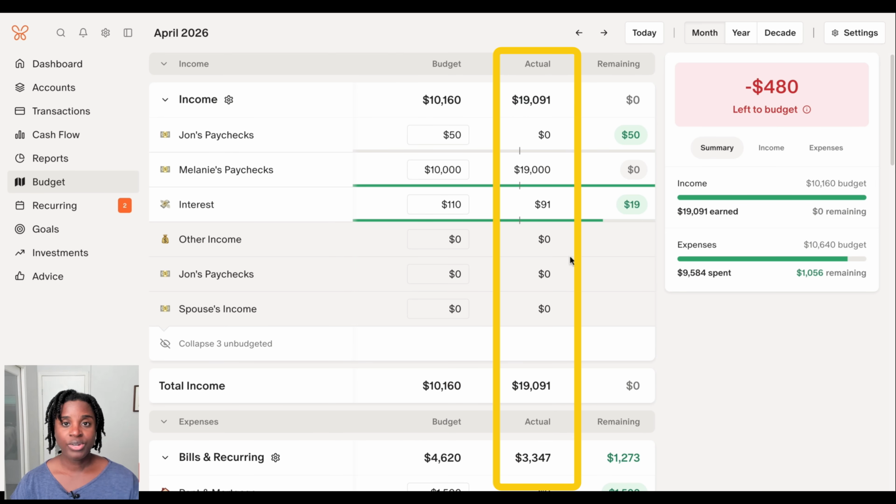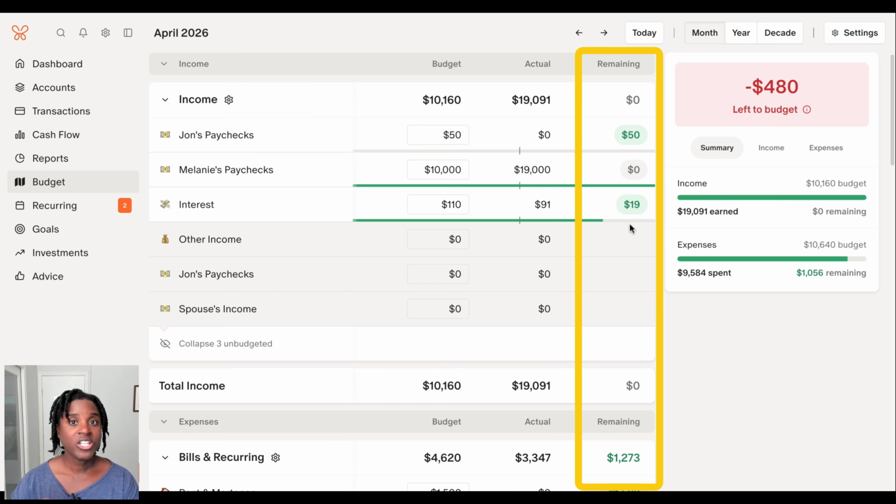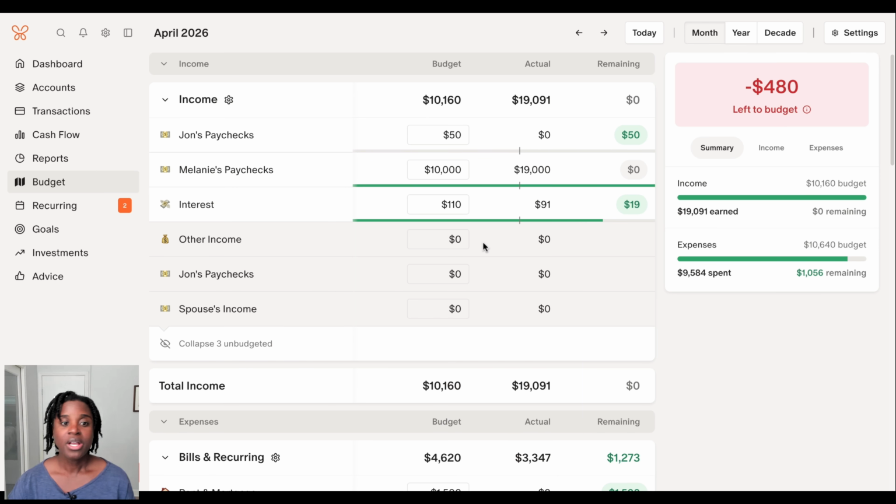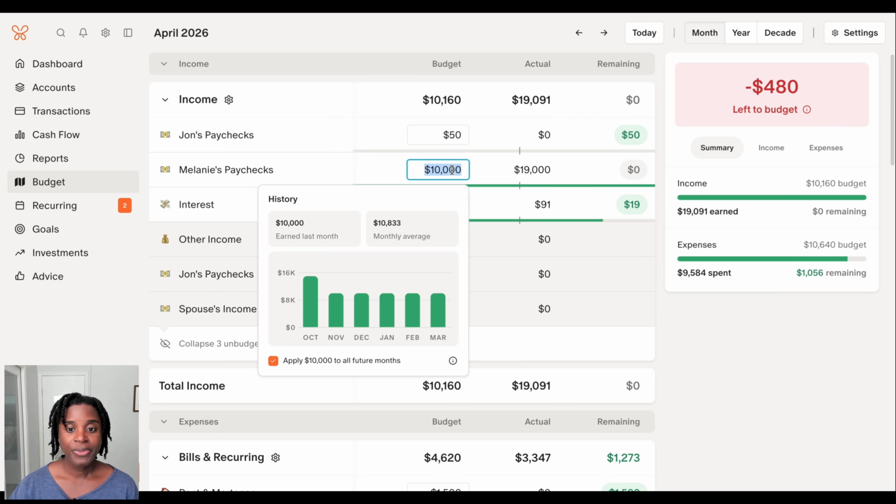So this is going to read your transactions for the month and let you know this is how much you've spent for the month, or this is how much you've earned for the month. And then the final column will be what's remaining based on what you put down here as your plan. So when you are going through here, you can click wherever you set the budget, and inside of